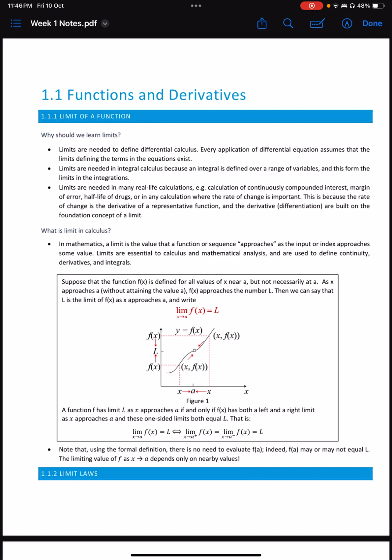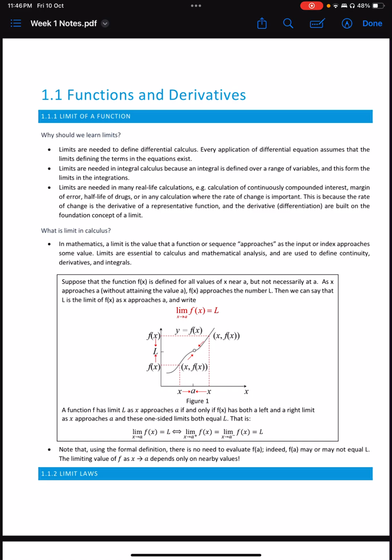Hi everyone. In this video, we will learn about the topic function and derivative. Actually, this topic you already covered during school time and foundation, but here you will learn the extension of it. Okay, so let's look into the first subtopic for this section, which is function and derivative, where we learn about